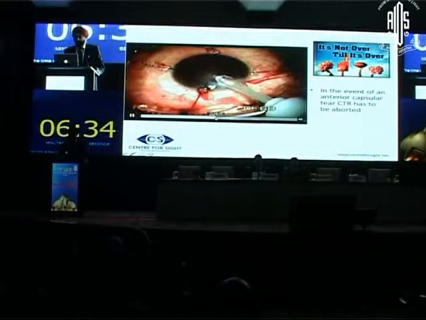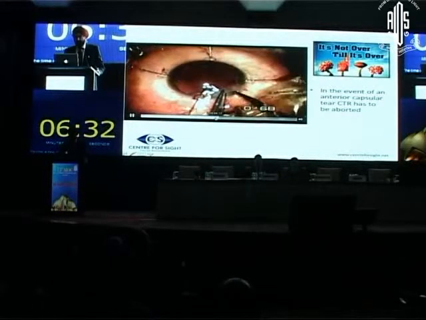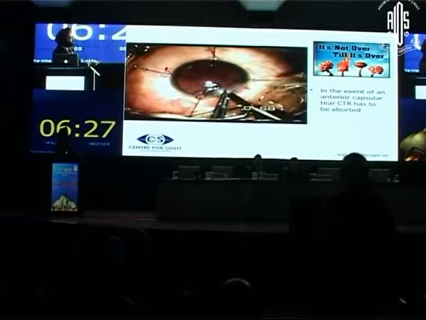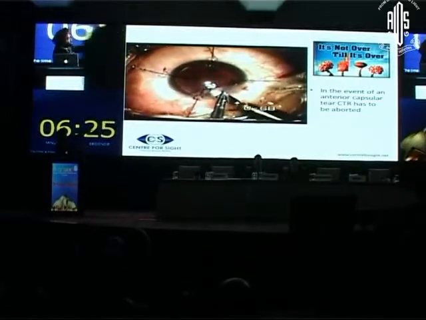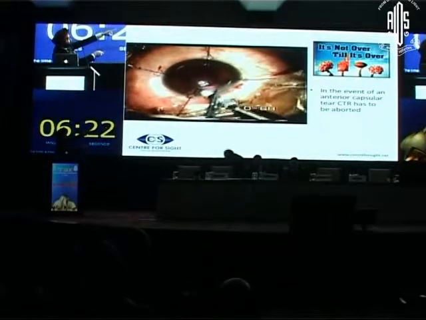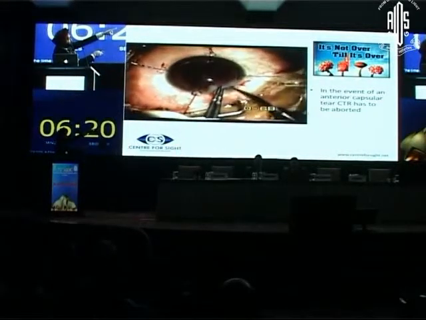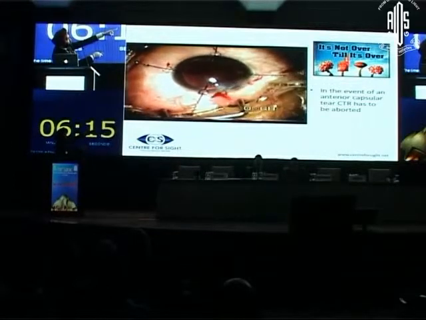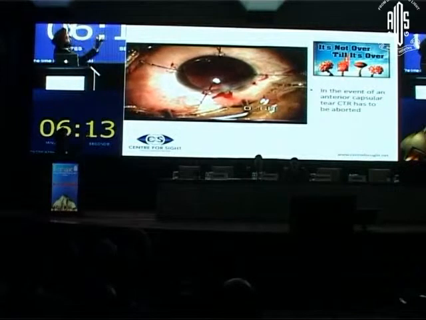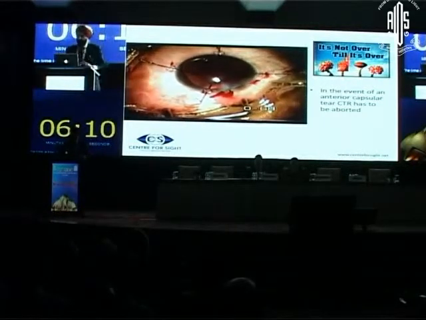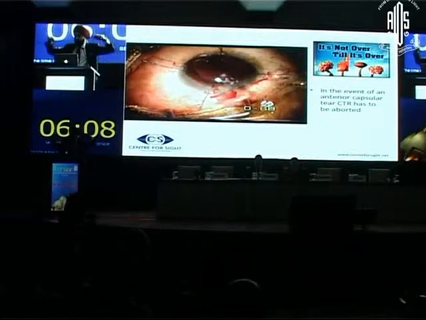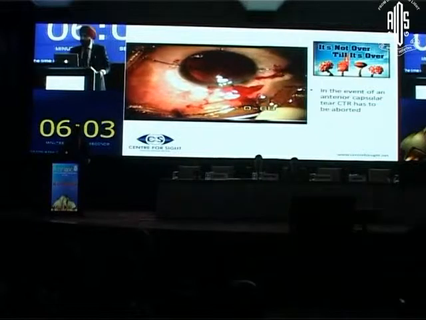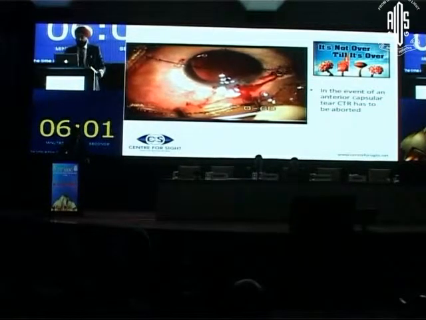Once you have done the aspiration, it's a soft cataract. And now look here, we are trying to put in a scleral fixated lens, so we are trying to enlarge. Just watch here. See the tip of the blade, and there you see we are ripping the capsule on this side. Just watch it. And there you see that's the capsule that's got ripped, and you can see the movement of the ring. So you need to be very careful if you have these hooks and the capsule is being pulled, and such a situation can cause you a problem and you will have to abort the procedure at that particular time.